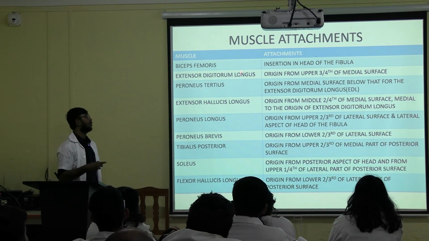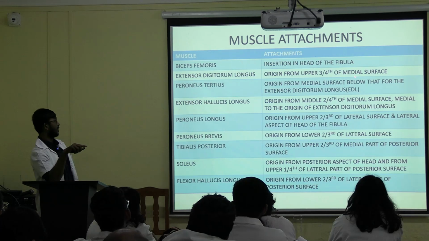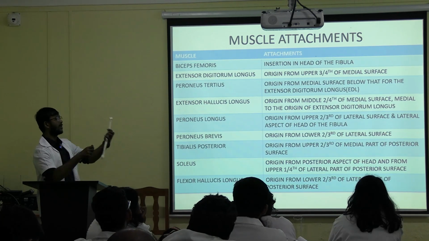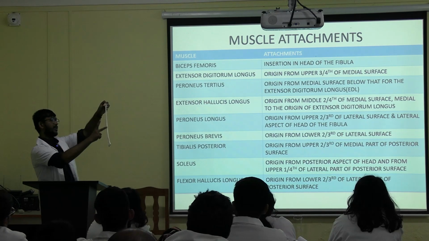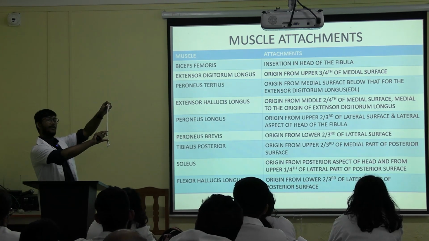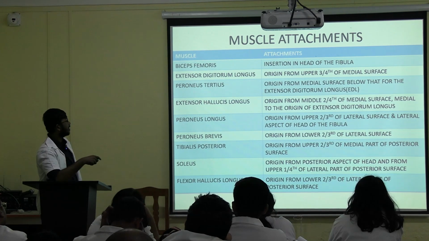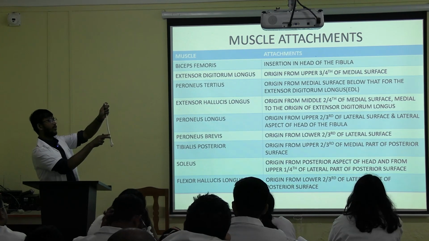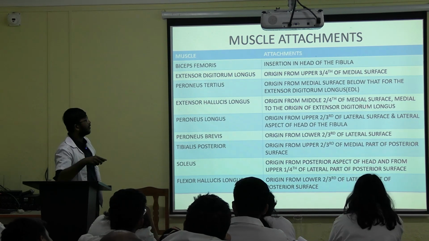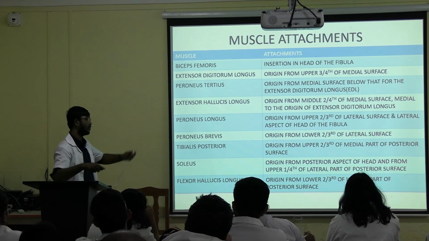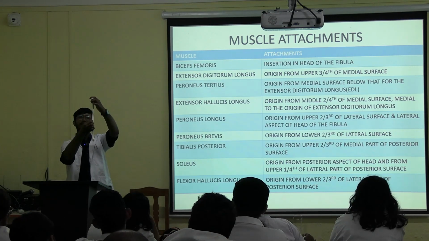So the biceps femoris inserts in the head of the fibula. Extensor digitorum longus originates from the upper 3/4 of the medial surface. Peroneus tertius, medial surface means this part. So upper 3/4: if I divide it into 4 parts, leaving this lower 1/4, the upper 3/4 whole is extensor digitorum longus. Then peroneus tertius originates just below the extensor digitorum longus. Extensor hallucis longus originates from the medial 2/4 of the medial surface, medial to the origin of extensor digitorum longus. So if the origin of extensor digitorum longus is like this, just medially another muscle is there, which is the